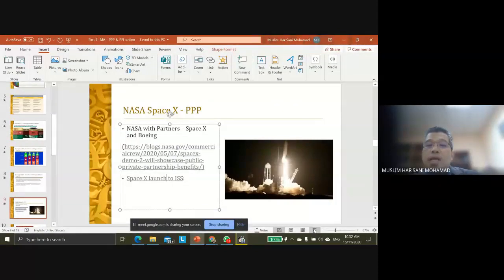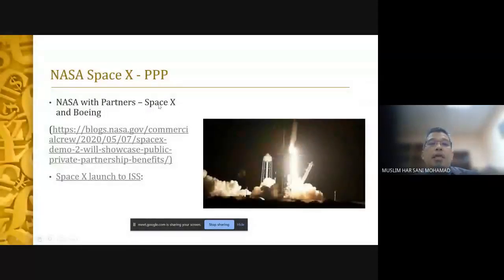So you can see it's basically the partnership between NASA and the partners. What is the difference in this launching? Generally, launching is by the astronauts through the ISS, but this time they call it commercial, in the way that there is a direction toward space tourism. That's also in the platform of PPP. It's not only borne by the government, but a partnership between NASA as a government agency and the private sector, SpaceX and Boeing.